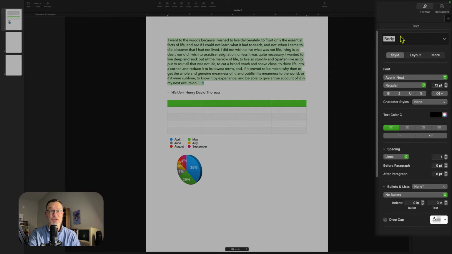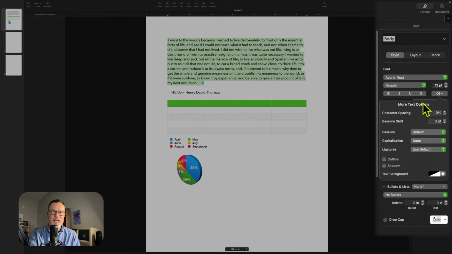So now, anytime I choose body as a style, it will match what I have here. So these styles are really useful for applying consistent looks throughout your document. But then you have sort of the basics. I probably don't need to explain all this, but you've got your font selections and different options with all of that. Apple has, inside of Pages, hidden a number of little features here for text that you want to